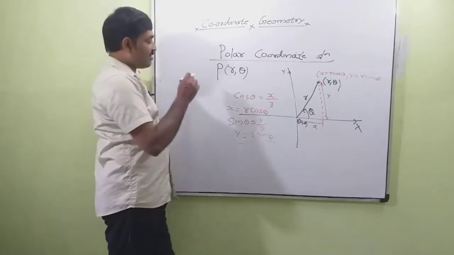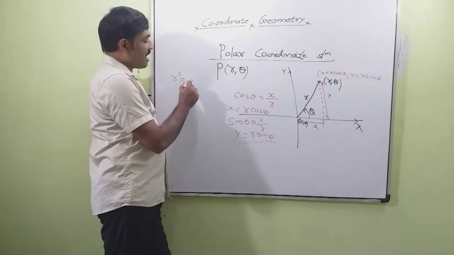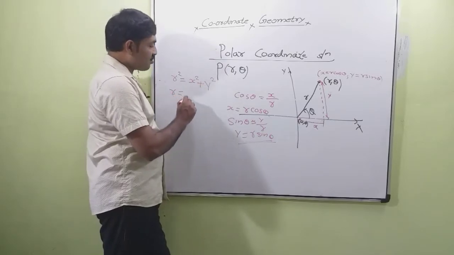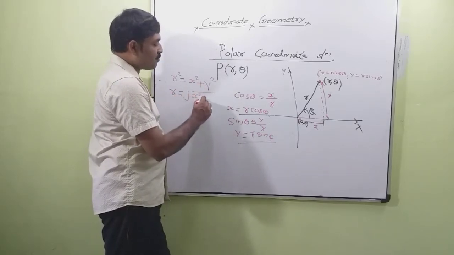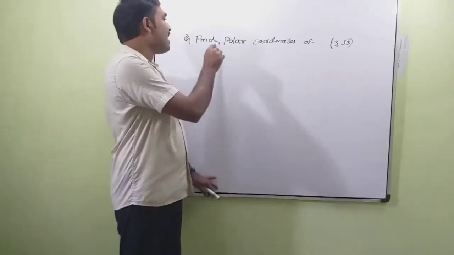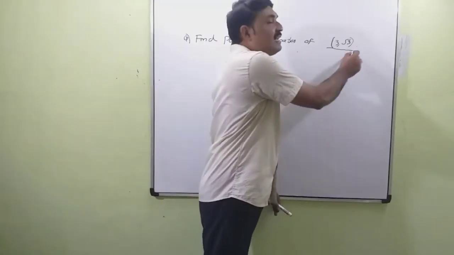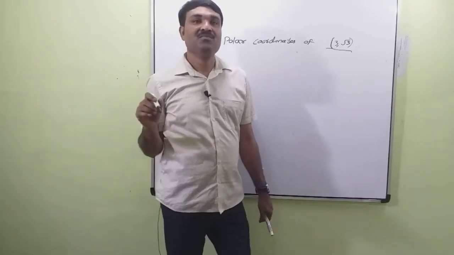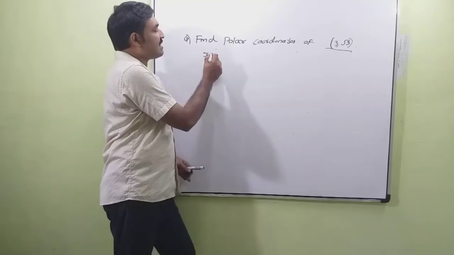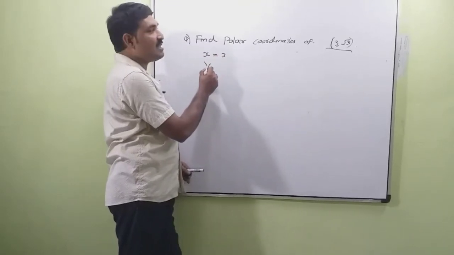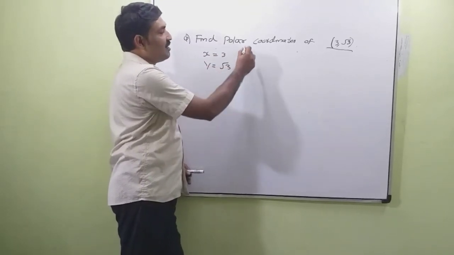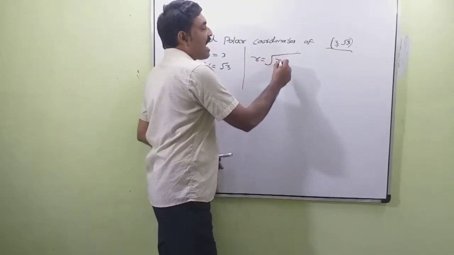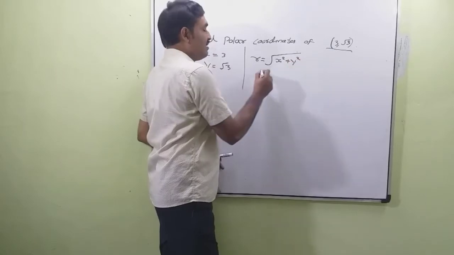By using Pythagoras theorem, r square is equal to x square plus y square, or r is equal to root of x square plus y square. Find the polar coordinate of (3, root 3). This is given in rectangular coordinate system, so we have x is equal to 3 and y is equal to root 3. In polar coordinate system, r is equal to root of x square plus y square,